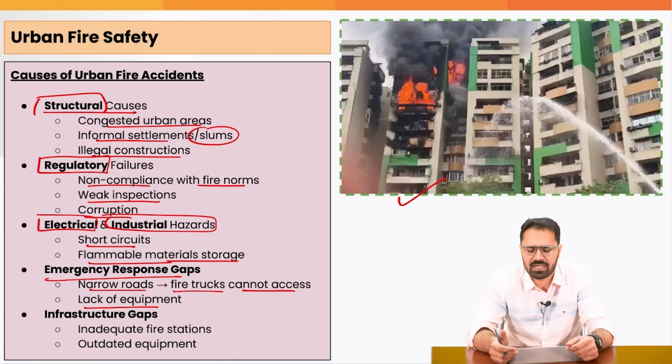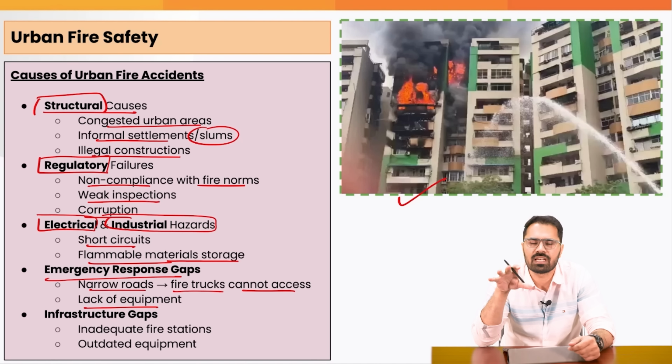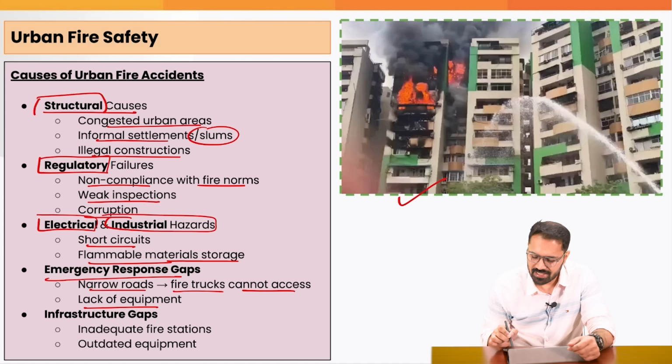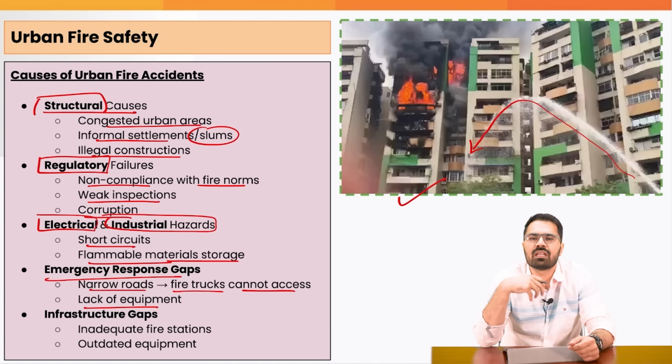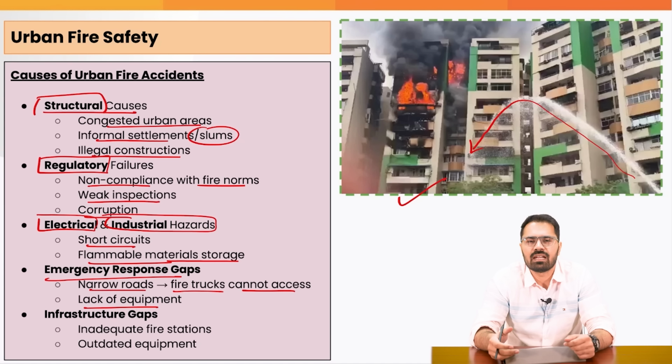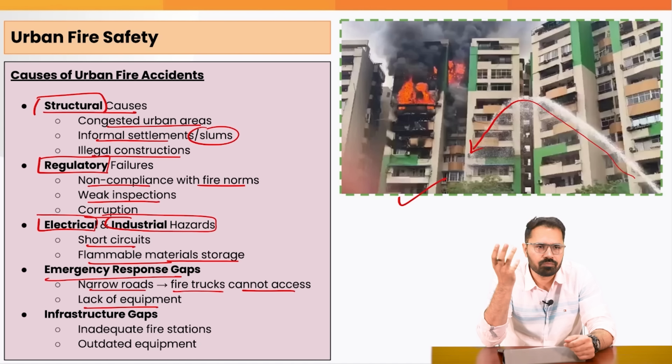Just 7 to 10 days ago in Noida, there was a fire incident in a society where 6 to 7 floors were on fire. Now look at this water cannon. Its water is not reaching up to those floors. That means we do not have such basic infrastructure that we can pour water up to those high floors. So the fire safety people are lacking technical devices to reach up to the high rise